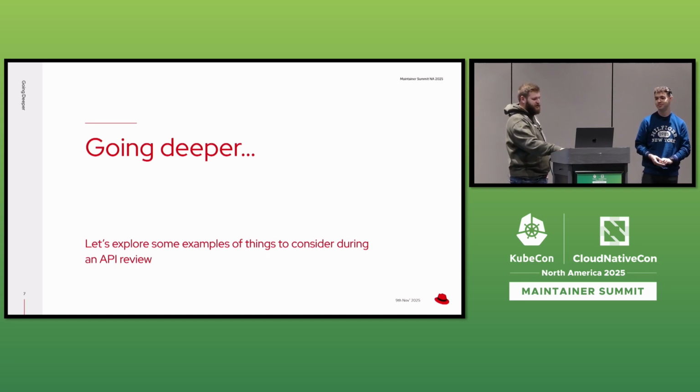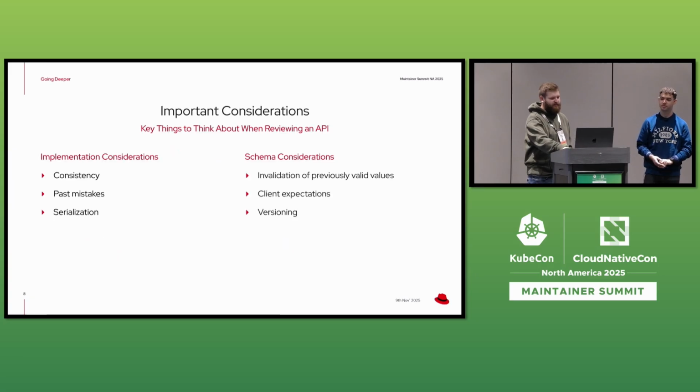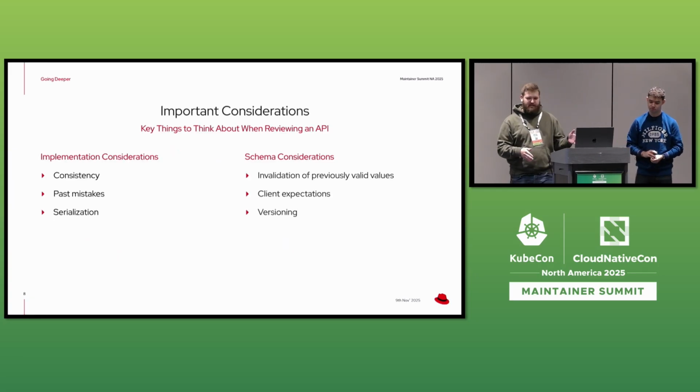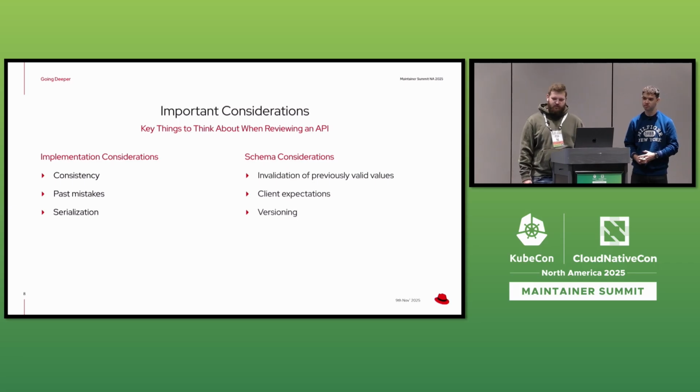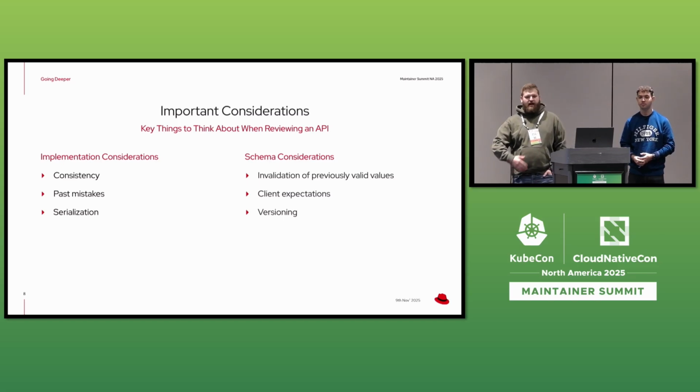So we're going to go deeper on some of the things that we consider during an API review. Some of the important things, we're going to split this into 2 sections. There's implementation considerations. So this is like when you're writing your APIs in Go. If you're familiar with building CRDs and using things like KubeBuilder or ControllerGen, you know that there's KubeBuilder markers and stuff that can represent validations. There's that side, and then there's also schema considerations for how is your OpenAPI schema generated for things like